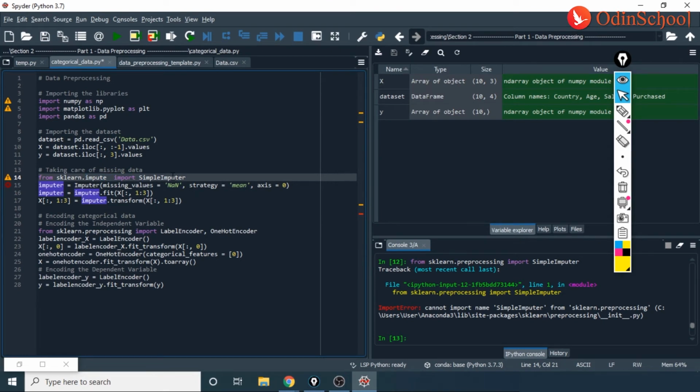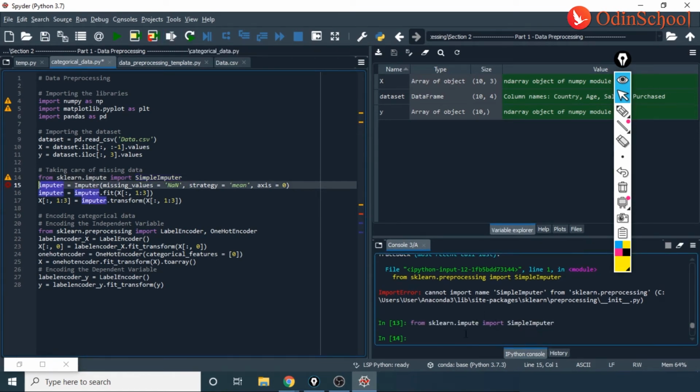Now that it is changed, let us try running this code once again, only this line, to see if it is properly executed or not. Yes, and now we see that this line is executed and imported. So this is how we actually have to work in Python.